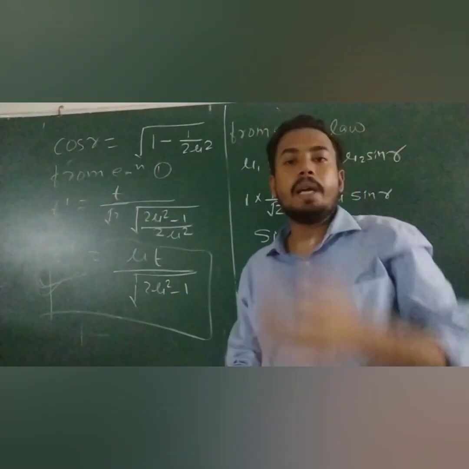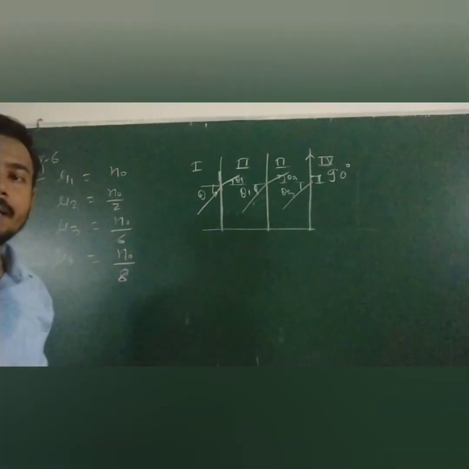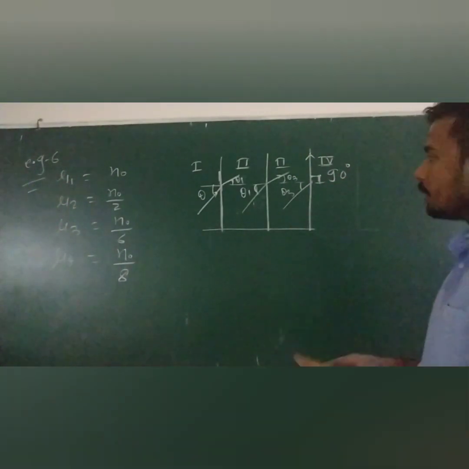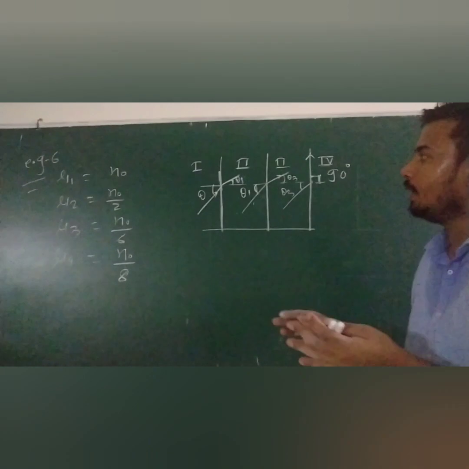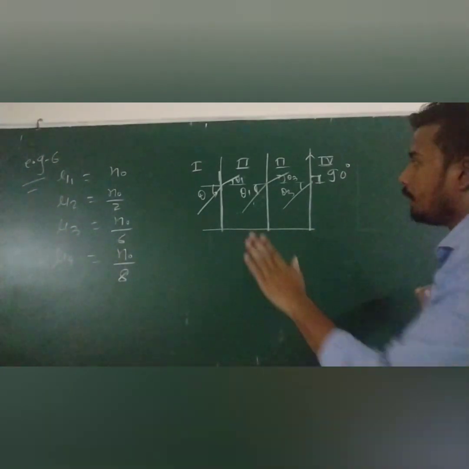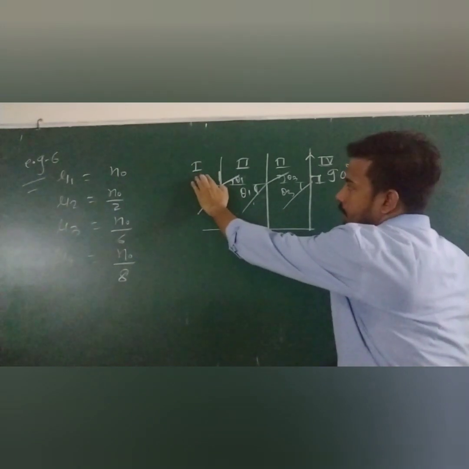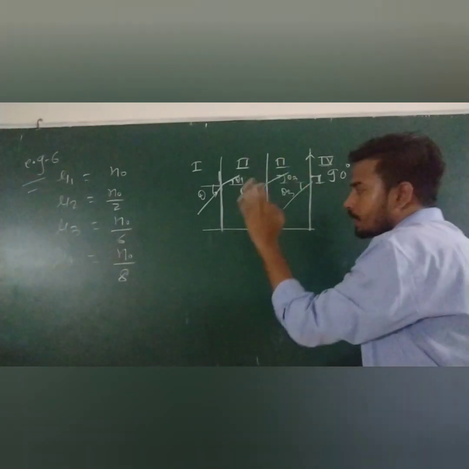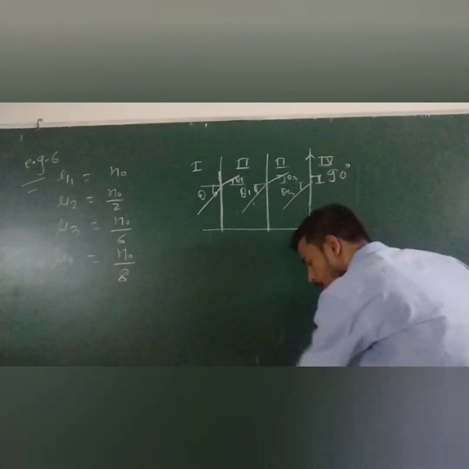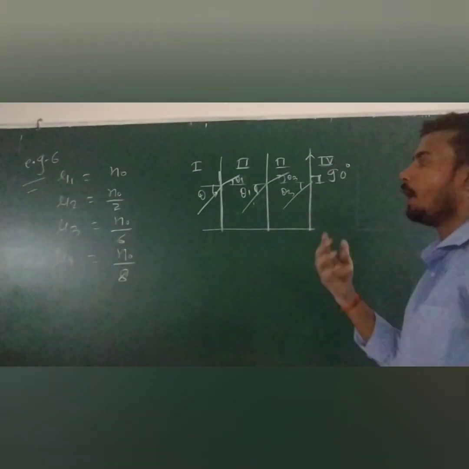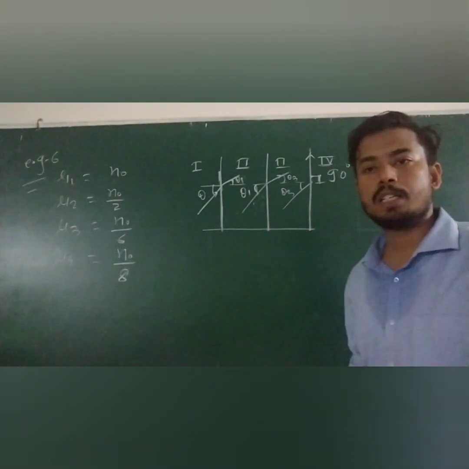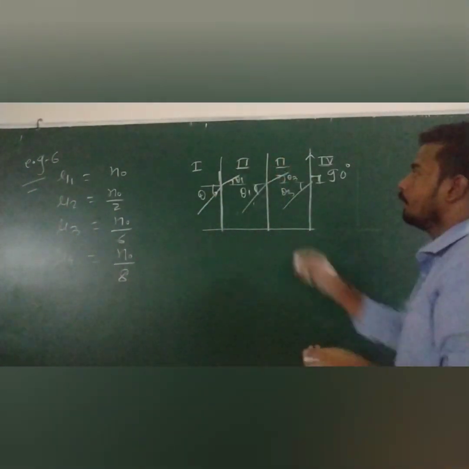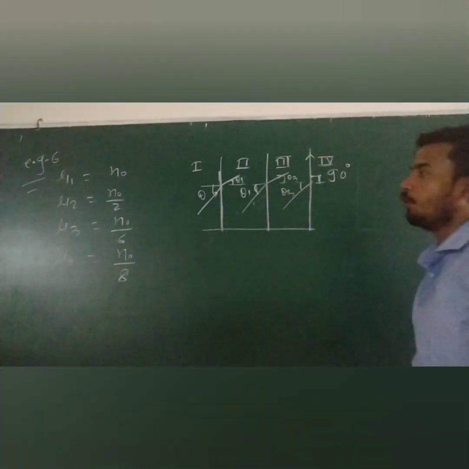Okay, so now we are going to take another question. See, we have the next question. This question was asked in IIT Advanced, but you will see this is a very easy question. Basically here are 4 media: the first medium, second, third and fourth. You can see how we can solve it by using the concept of laws of refraction.